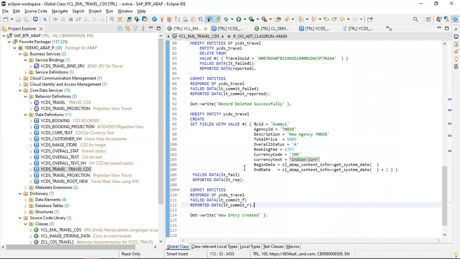As of now you can see here we are filling the data only for travel entity, but now I just need to create the record for booking association as well. Okay, so how we can do the same? So to achieve the same,